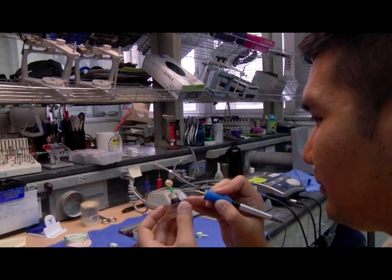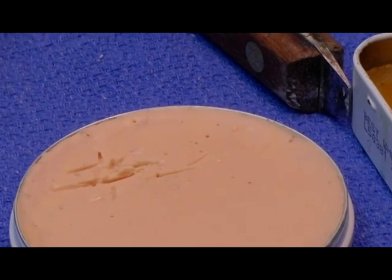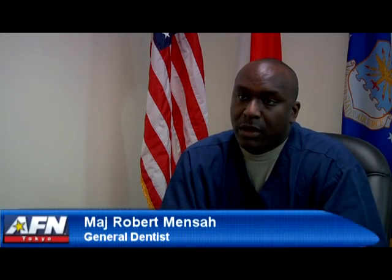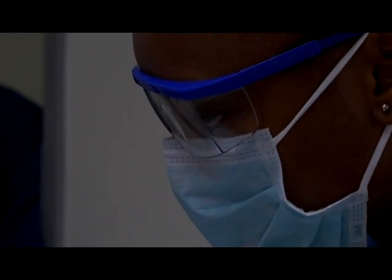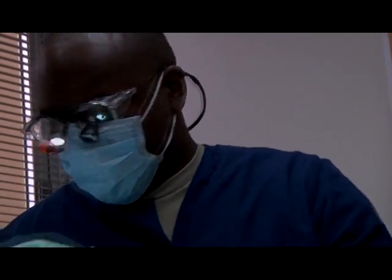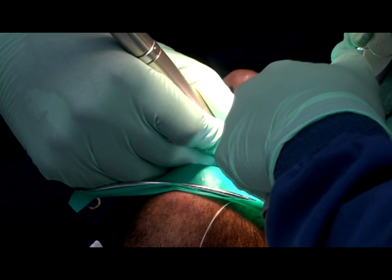But what exactly is a crown, and how do you go about making one? A crown is like a cap that goes over top of the tooth. When we identify that a patient needs a crown, we basically cut the tooth down, and then after that, we take a mold. We send that mold up to the lab. The lab pours it into stone. They give it to us to trim, and then from there, the lab basically takes whatever we give them and